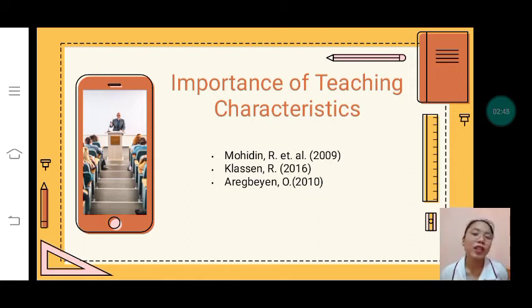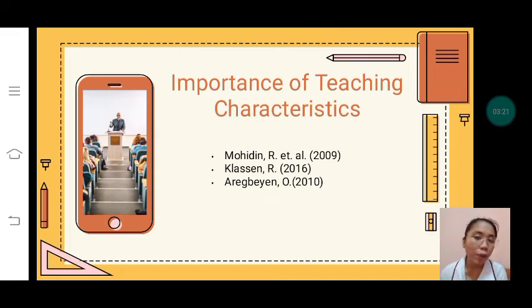According to a study conducted by Mohideen et al., lecturer characteristics actually play a very important role in students, even in accounting students. They also added that the positive attitude of an instructor has a positive impact on the students, and that if the instructor has a great personality, it will make the students more comfortable, thus increasing their interest in the subject.